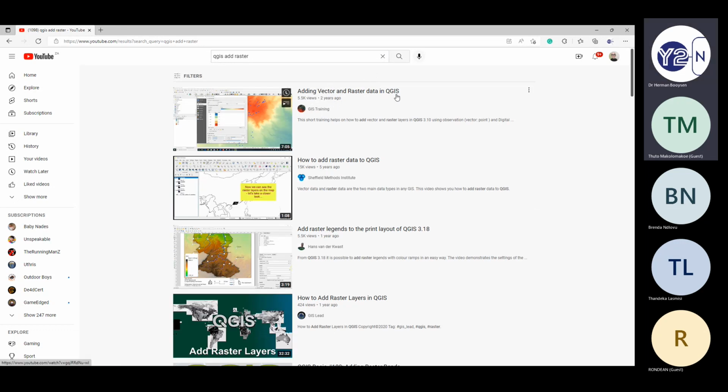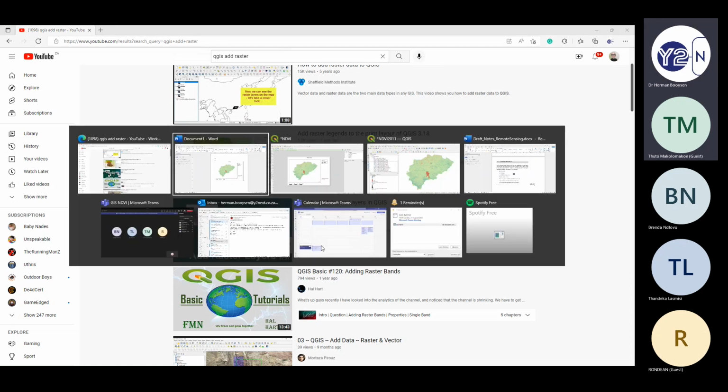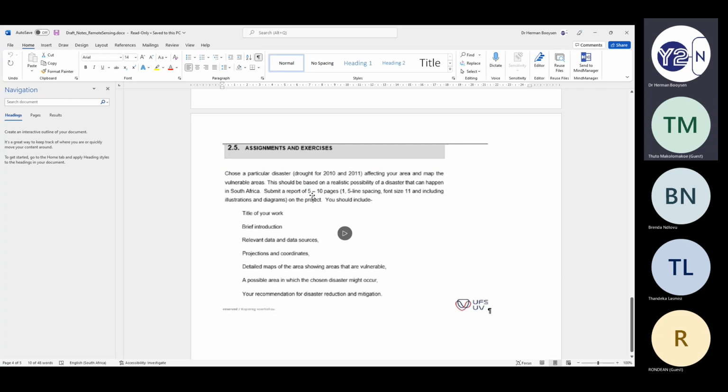Adding vector and raster data in QGIS. Add raster legends. How to add raster layers in QGIS. So like I've said, what you have done also in the first assignment with me is plan your project. I must create the